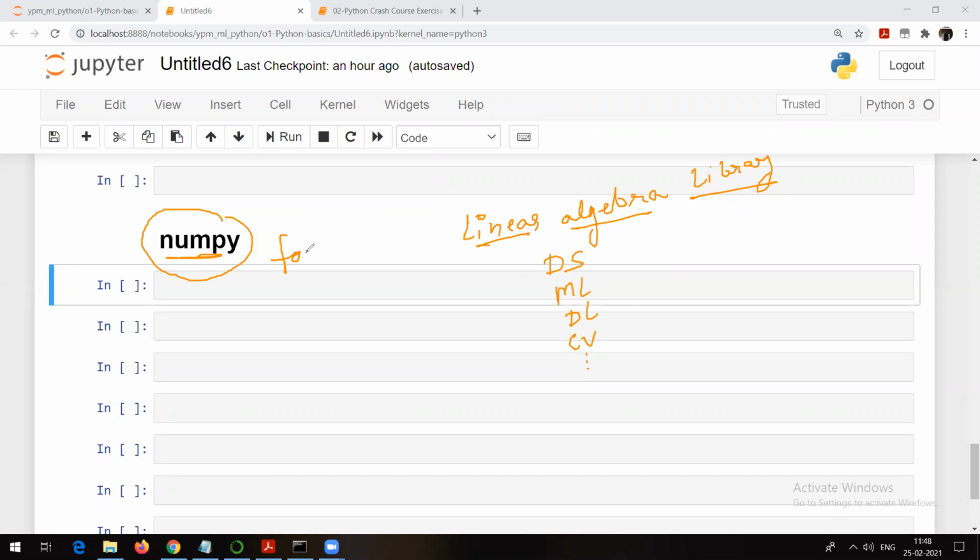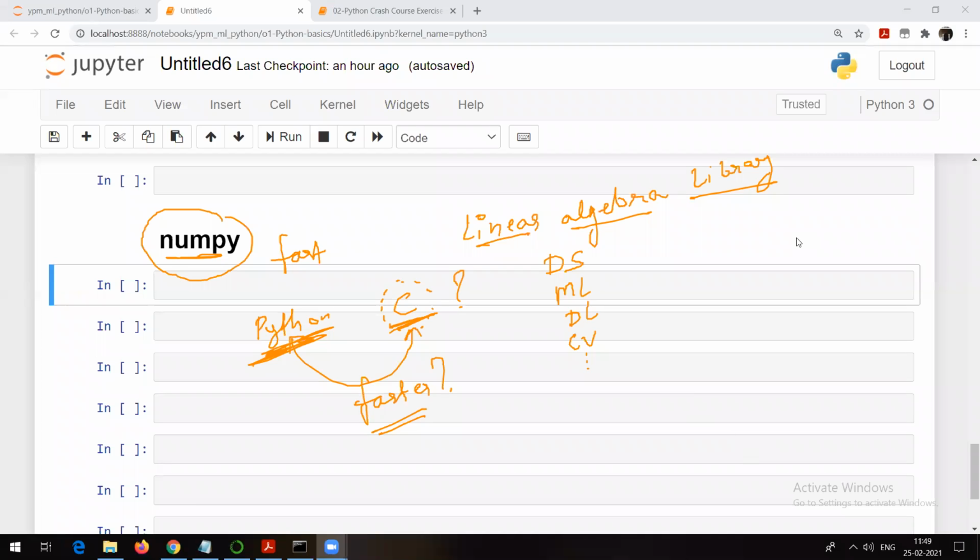Why is it fast? If I ask you a simple question, which one is faster, Python or C? What do you think, people? Can you just answer? If Python is faster, answer it as Python. If C is faster, answer it as C. I hope everyone at least knows a basic idea about C, right? So my question is, which one of these two is the faster language?